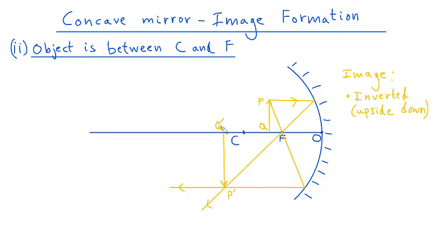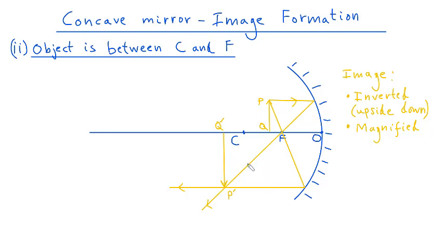Notice that the size of the image, however, this time is bigger than the size of the object here. So this is a difference from before. So this time we say that the image has been magnified. Magnified. Which just means it's bigger than the size of the object. When we were looking at image formation when the object was beyond C, our image was smaller than the object,